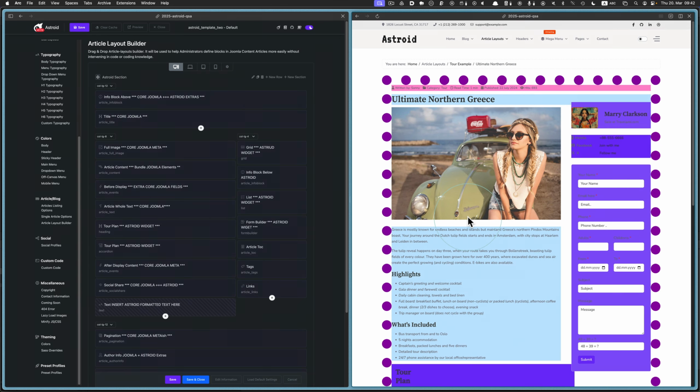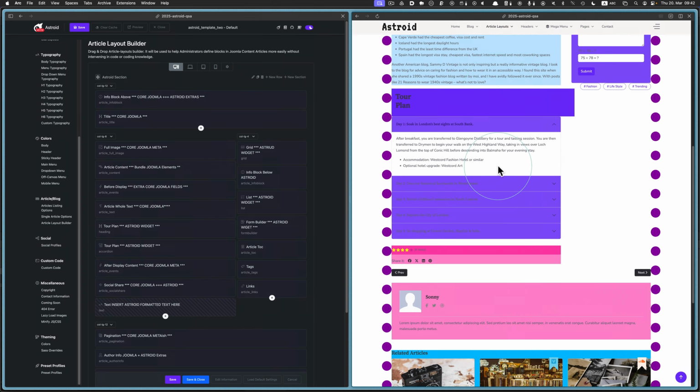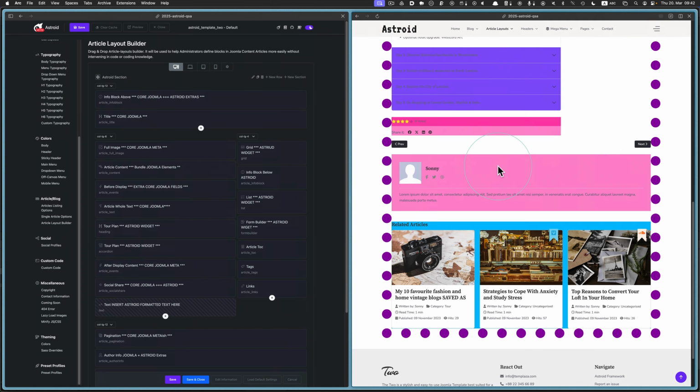In the front end, let's navigate to another article in the same tour category and observe that the changes ripple through. We return to our main example article,